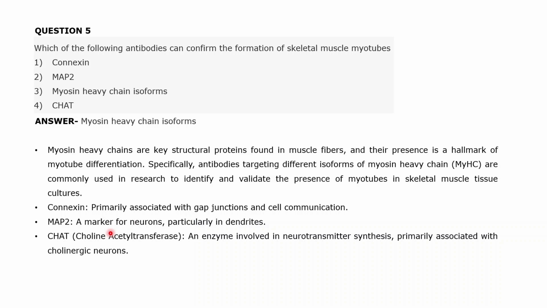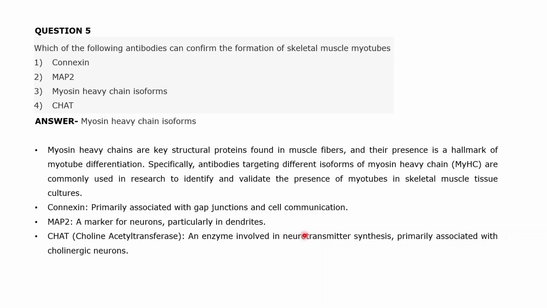And that is also called choline acetyltransferase. It is used in acetylcholine neurotransmission, the generation of acetylcholine. This particular enzyme is used, so if any antibody is used against it, it can be used to study the cells that can interact with acetylcholine, or the neural fibers that are basically cholinergic